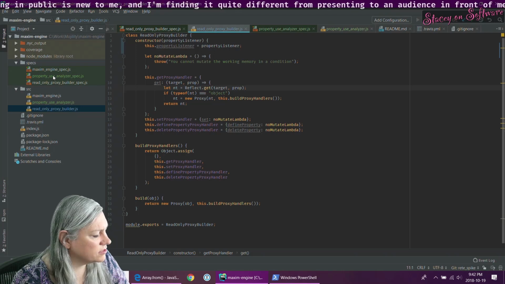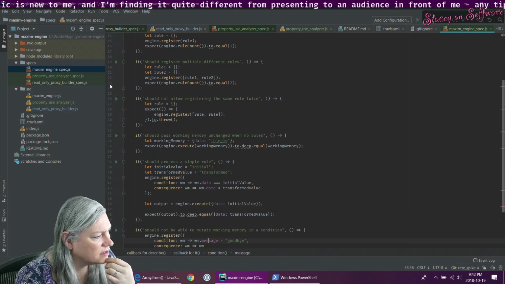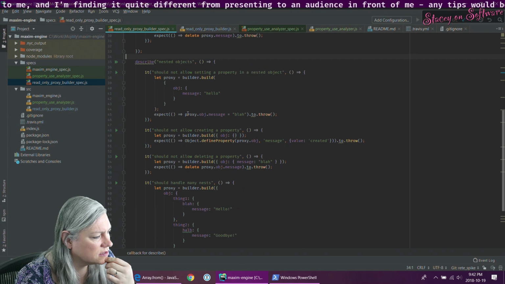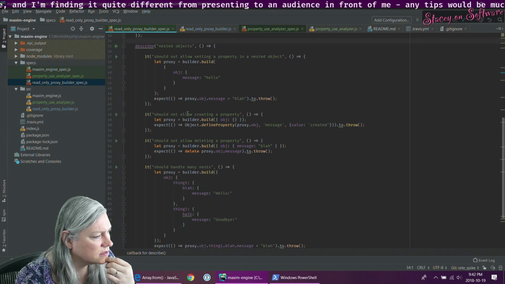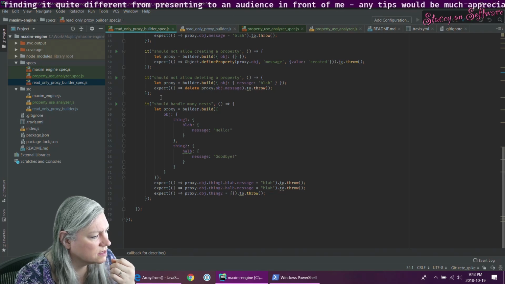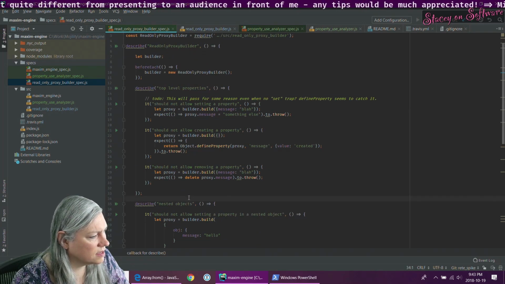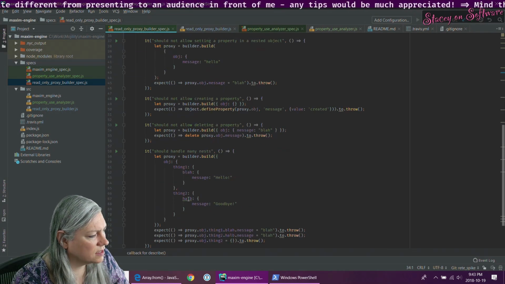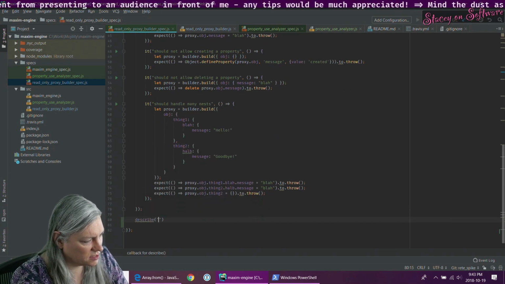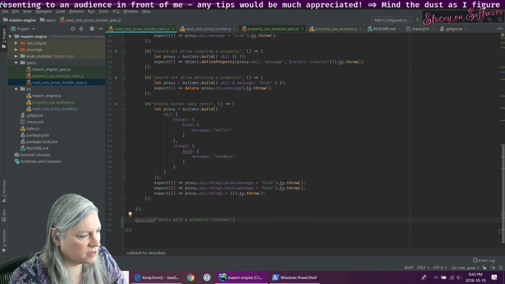And I'm going to force myself to write that implementation. So it's like a whole other aspect of this. Works with the property listener.